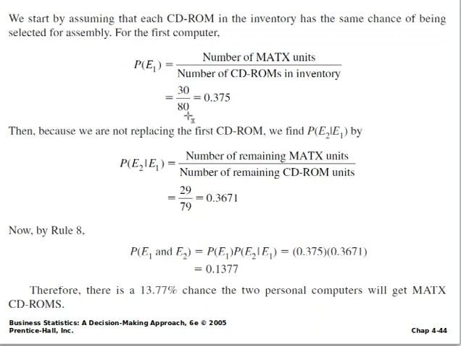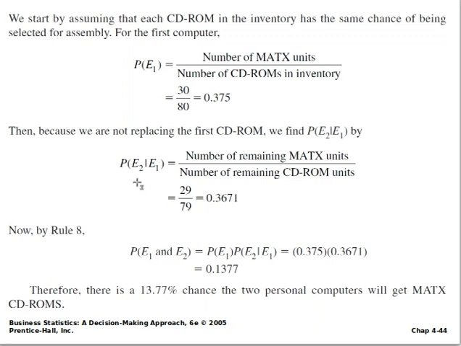When we divide 30 by 80, the quotient is 0.375 or 37.5%. Then because we are not replacing the first CD-ROM, we find P of E2 given E1 by